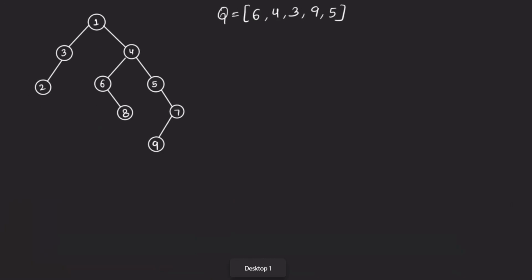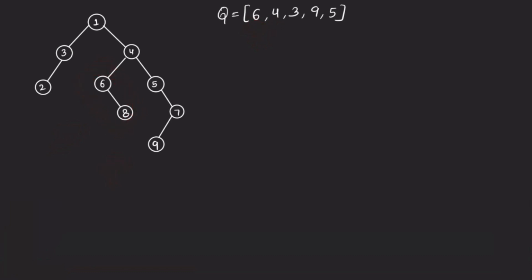So what they are saying is that in the question, you are given a binary tree and an array queries. Now what you need to do is that for each of the queries, you need to remove the subtree which is rooted at a particular value in the queries, and then whatever will be the new height of your binary tree, that should be the answer corresponding to that query. Meaning, say this is 6 here. So in your binary tree, wherever node 6 is present, you need to remove the subtree which is rooted at node 6. It will be this much, right? So this much part has to be removed from the binary tree. Then from the remaining nodes, whatever will be the new height of this binary tree,